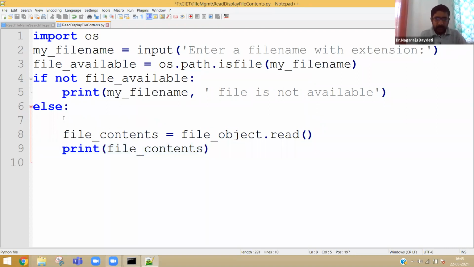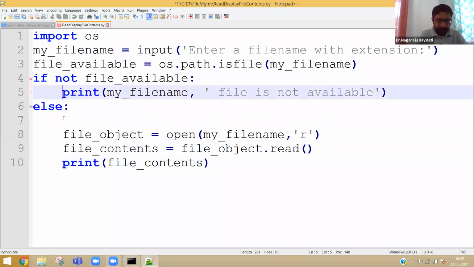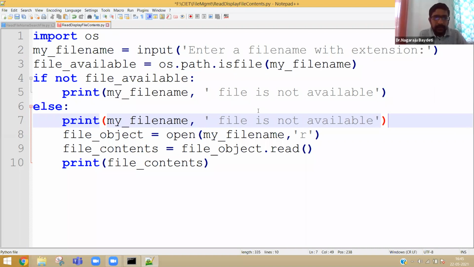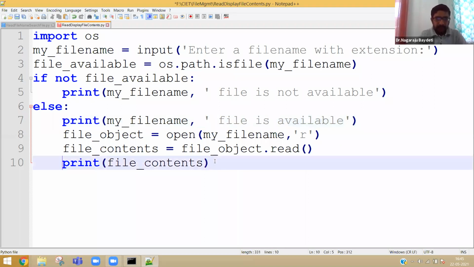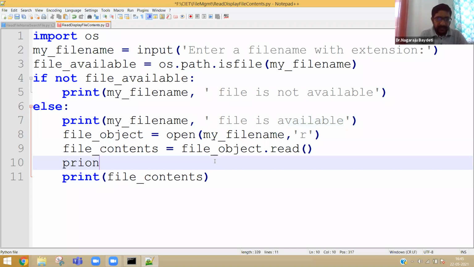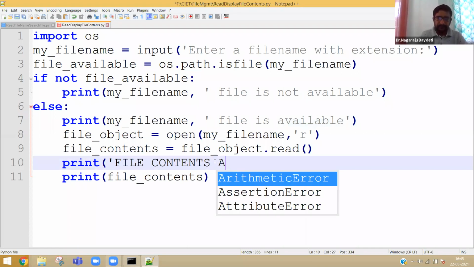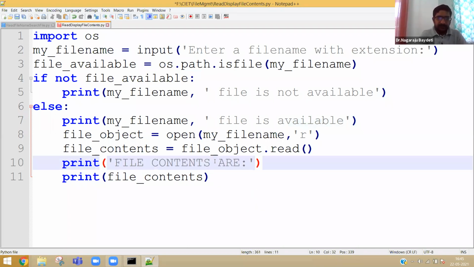Otherwise, you can also print a message saying file is available. Then before printing the contents, you can also print file contents are, then it will print the file contents.